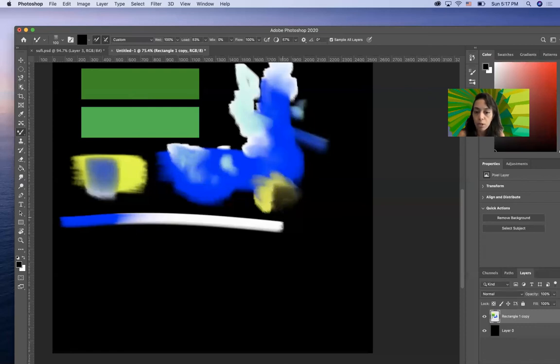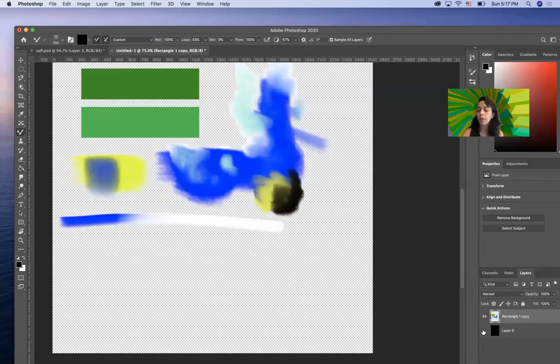As you can see, it's just like blending it with the black color, and if I turn off that layer, the background color, you can see there is a black color here. Why? Because it took the information from the underneath layers. So it's really important, an option that you can think about whether you need it or not. I recommend you leave the sample all layers on if you want to get the information from the underneath layer. I personally, in digital painting, and I think for the assignment that you have, found this option